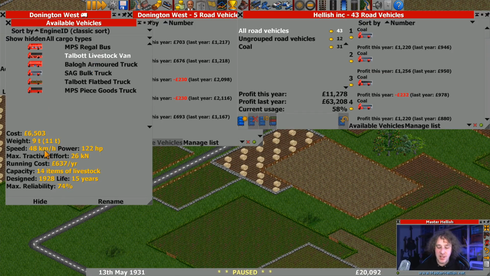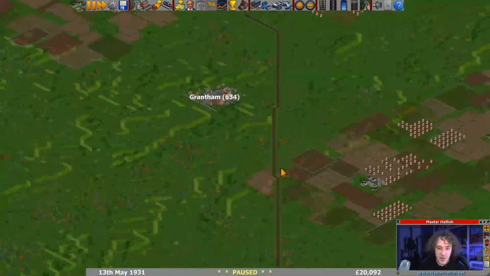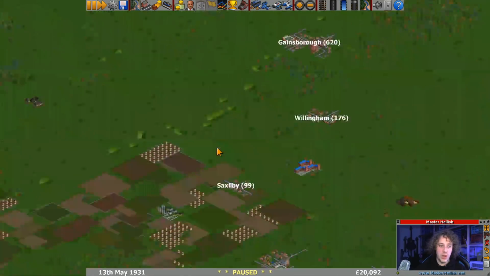Yeah, so they're 6.5 grand each. So that's a lot. So 5, 10, 15, 20, 25 and a bit more. So you're talking about 32 to... Oh, that's a lot of money. We haven't got that much. We'll save it. So that's fine. I think what we might do is then start working on this coal network line